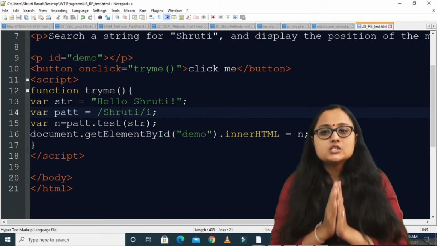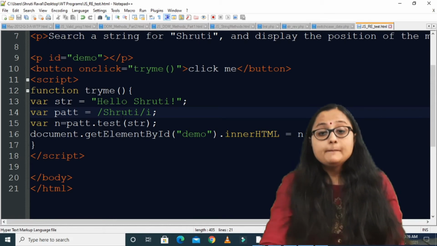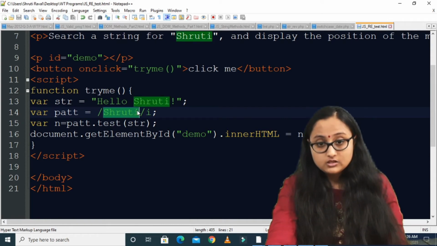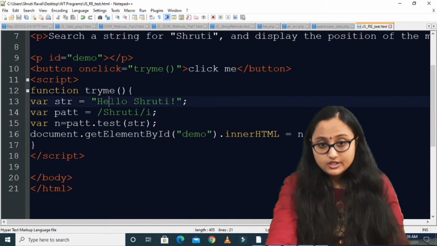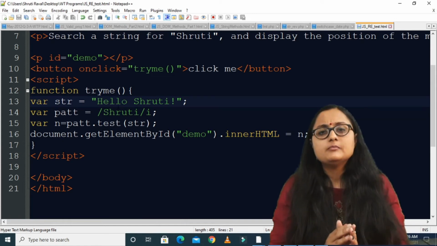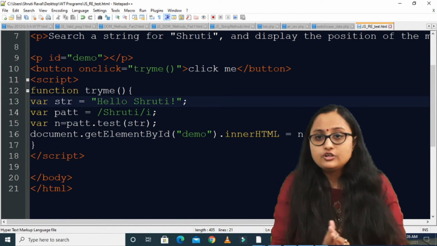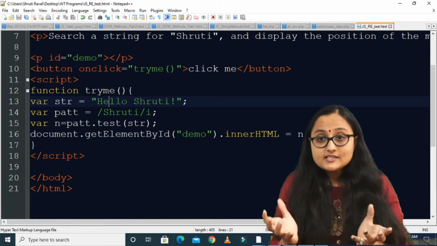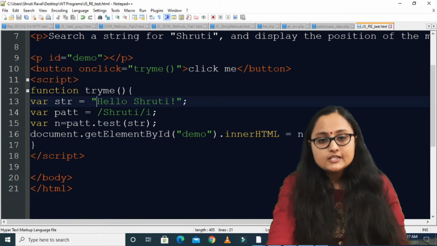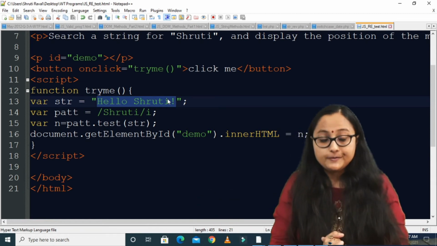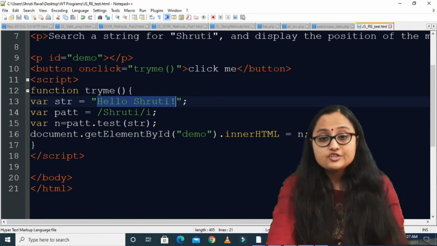Always remember this thing, that my regular expression will try to search this pattern inside your string. It means it will find the minimum match. It will not try to find the exact match, right? What does it mean? It means that you can see over here that I have a bunch of characters that I have declared in the string, and the pattern specifies Shruti.